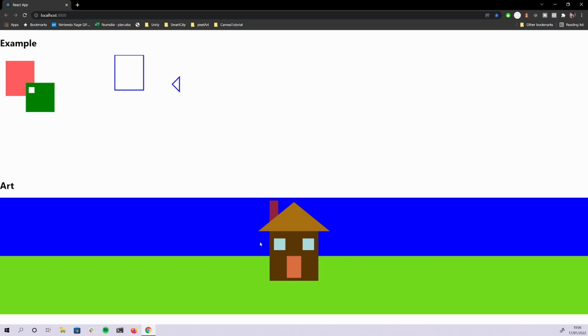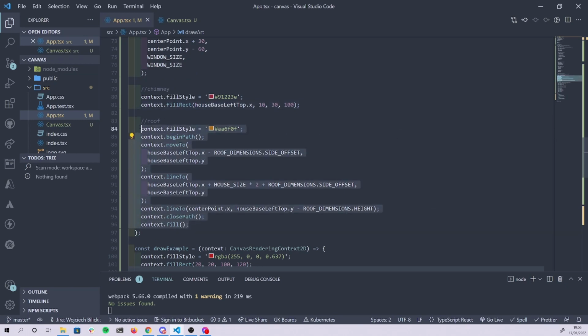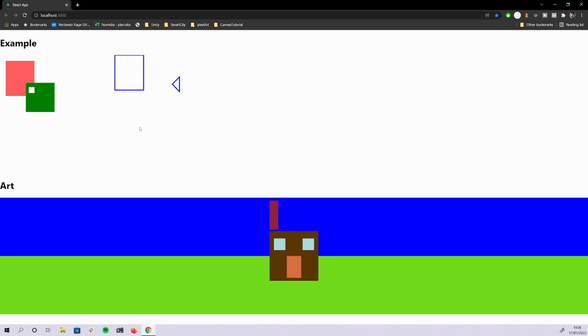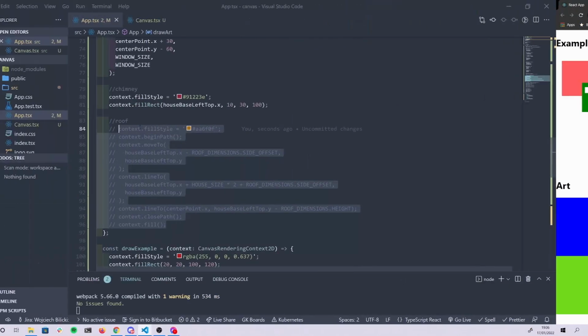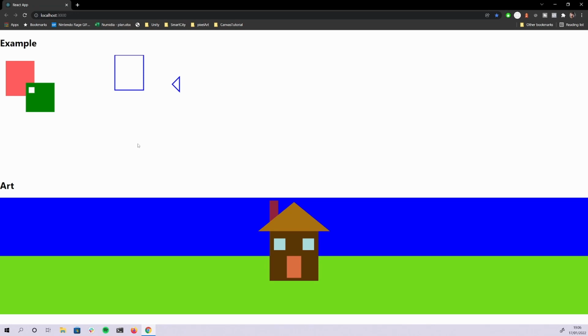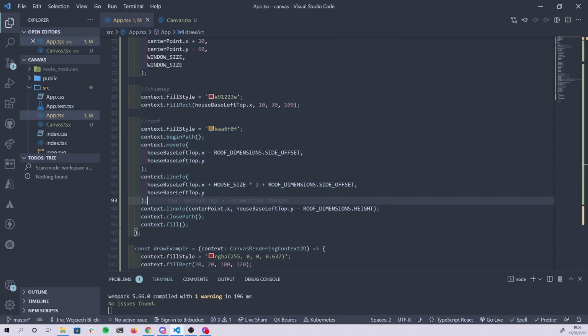Okay, and now we have a chimney, and as you can see, because we're drawing the roof later, it overlays the rectangle. So if I remove all of that, you will see how it looks without the roof. And now adding the roof, it just looks perfect and you don't have to calculate anything. So you can use that to your advantage. Okay, with that done,